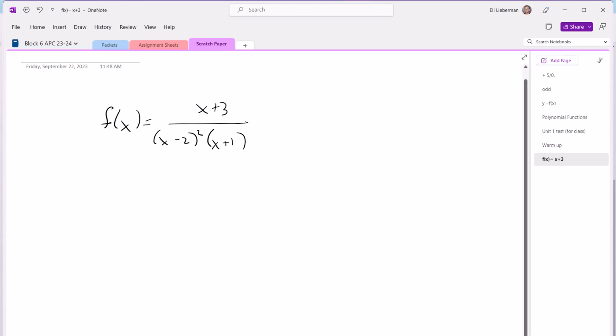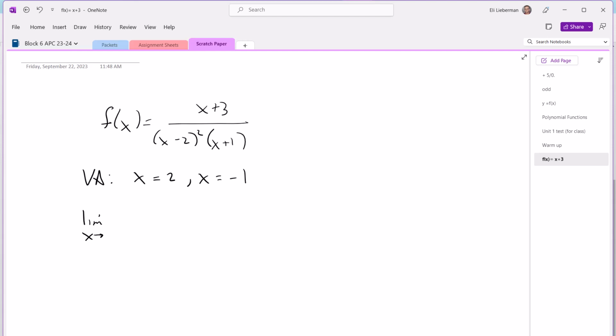We know that this has how many vertical asymptotes? It has 2, and they are at x equals 2 and x equals -1. Anytime we're talking about asymptotes, it's got to be a line, so it has to be x equals a number. Don't just give me a single number, please. So, of course, we're looking for the behavior near these, which means we're taking the limit as x approaches. Let's go from left to right, meaning we're going to start with